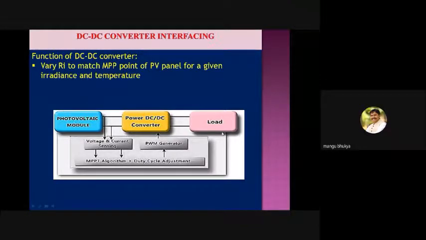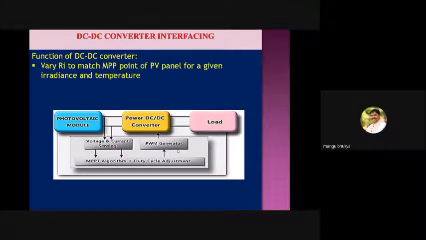So where do you dump that power? Your load is not in a position to absorb that power, so you cannot extract the maximum power. You have to change your strategy. What I am trying to tell is, based on the requirement, you have to change your strategy. Suppose the load is in a position to absorb the power, your strategy is to extract the maximum power from the panel.